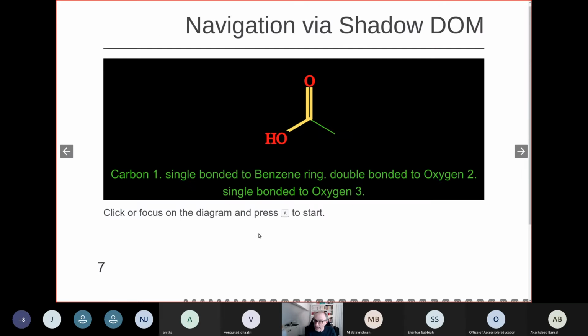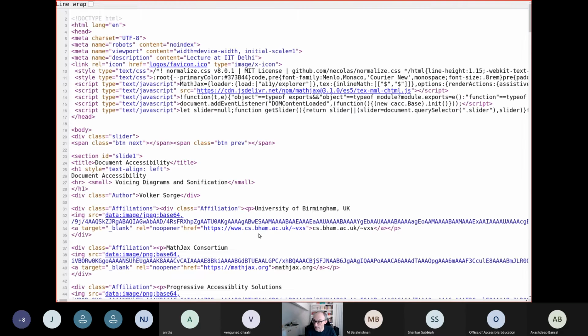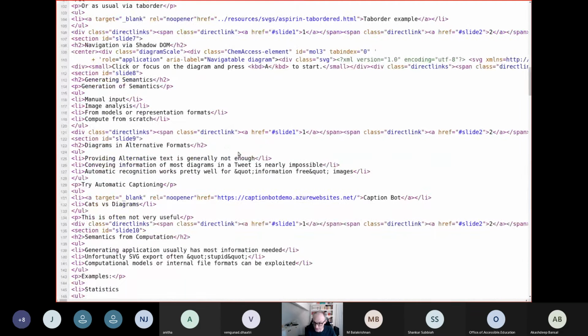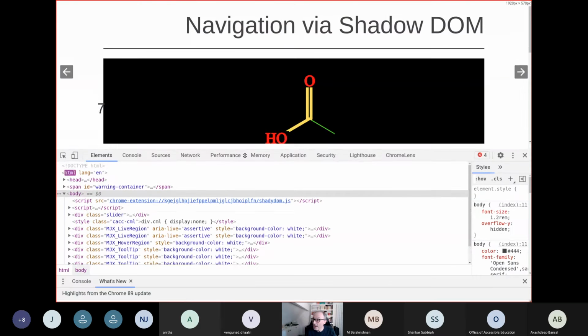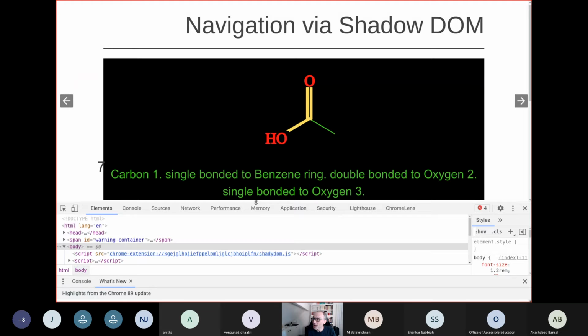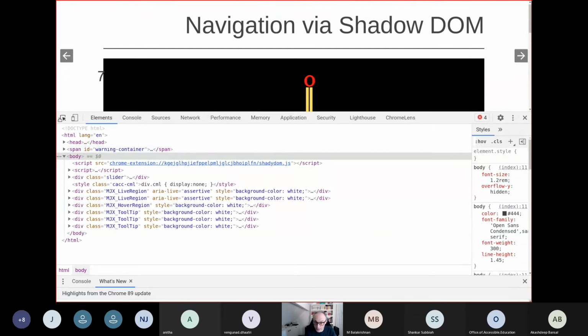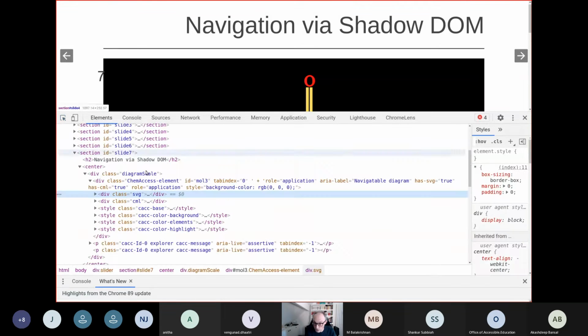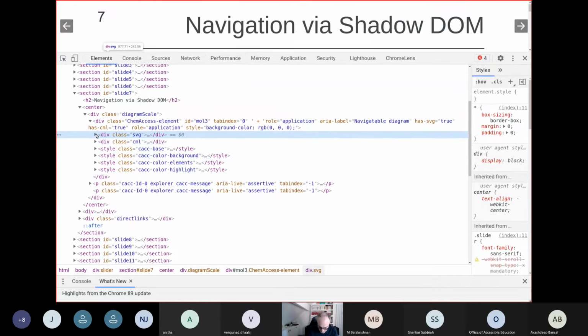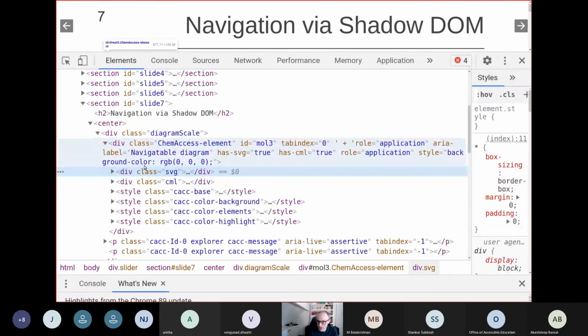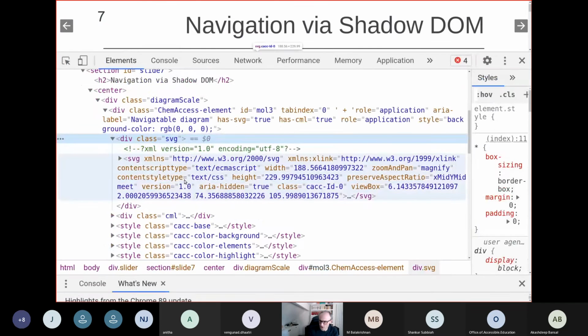Right, and the way this looks is, oh, you can't really see anything in the code, but what we can see is the element sitting in the page. That's once the SVG,